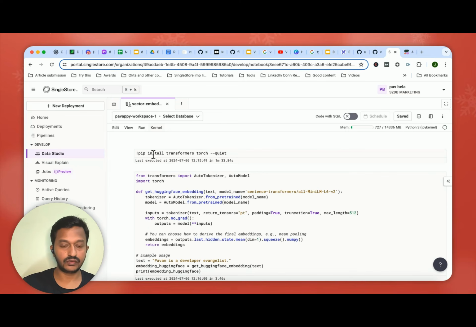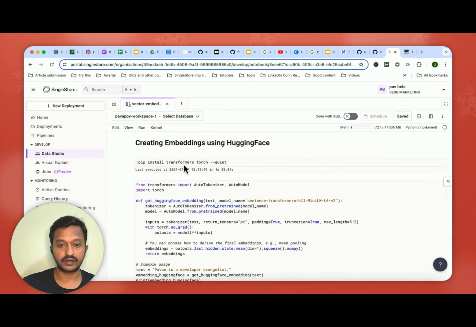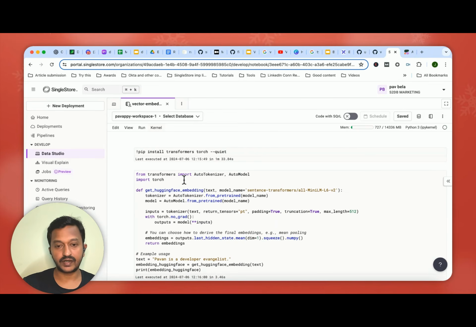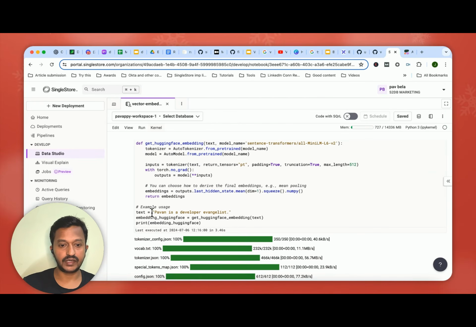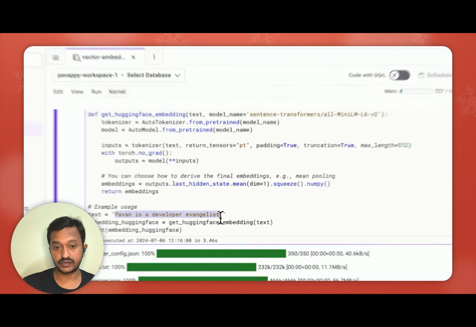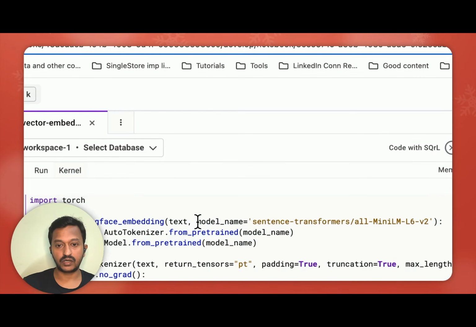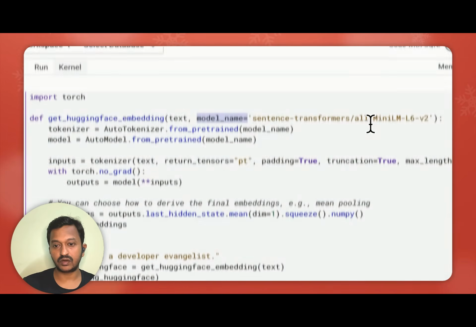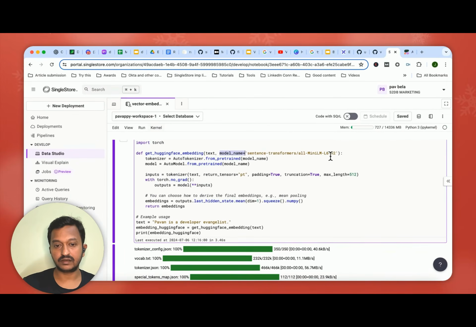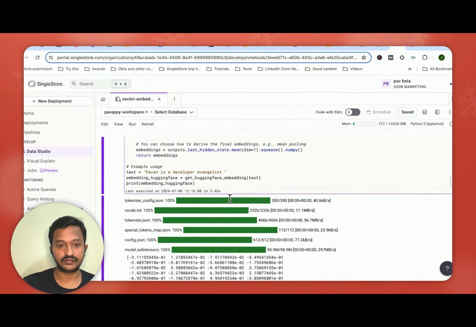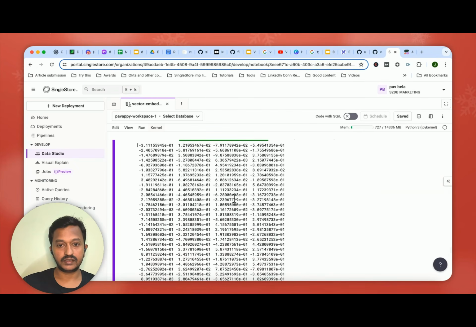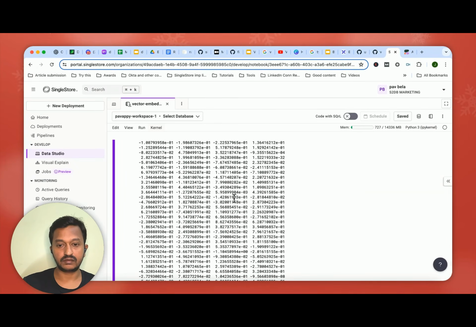So this is also free. Go to the Hugging Face website, and you can find the documentation there on how to do this. But here is a simple example: pip install transformers torch, and then you can mention your text. The text is "Pawan is a developer evangelist," same text. And the model name, as you can see, is sentence-transformers/all-MiniLM-L6-v2. So this is the model name. And if you run that code, this is how you can see the vector embeddings created for that particular